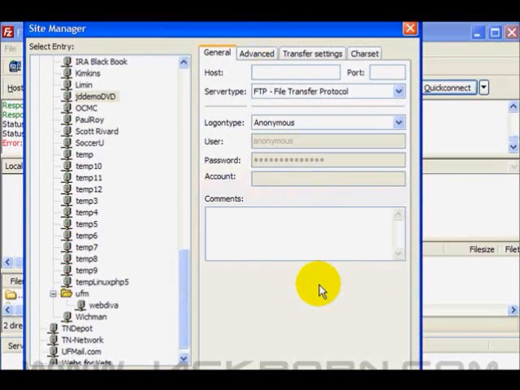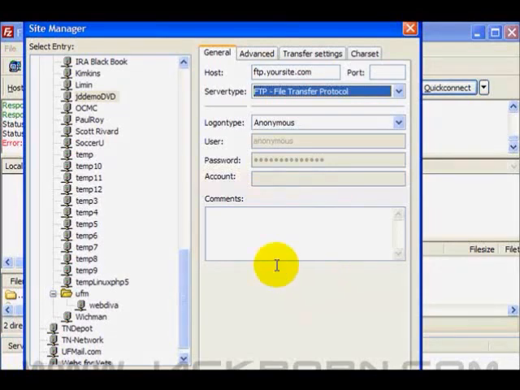It might be, depending on your web hosting provider, you're going to use the information that they sent to you. Anytime that you sign up with a new web hosting provider, they're going to send you the login information. Now, it may take 48 hours for your account to go live, but as soon as it goes live, you'll be able to log in using the information they send you by email. So let's say that it's